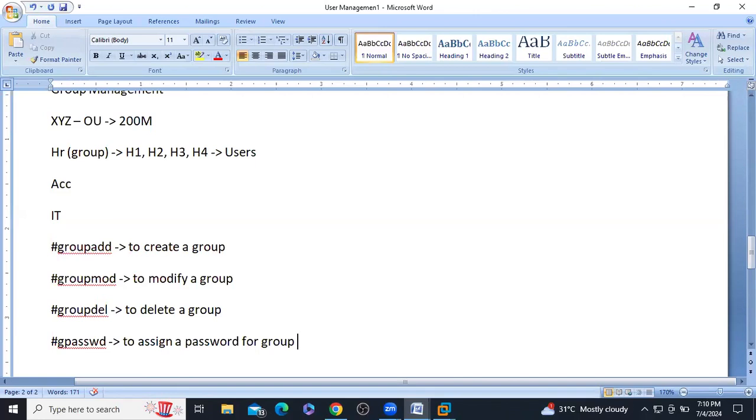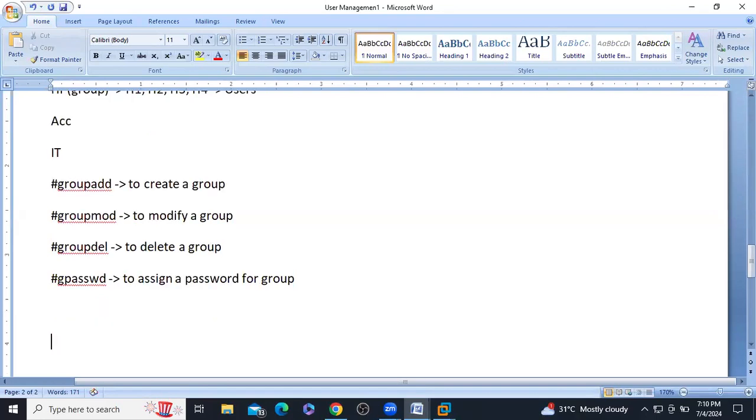I'll show you practically what we can do with the gpasswd command. So coming to groups, we have three properties: group name is one property, then the password field, then GID. That's it.